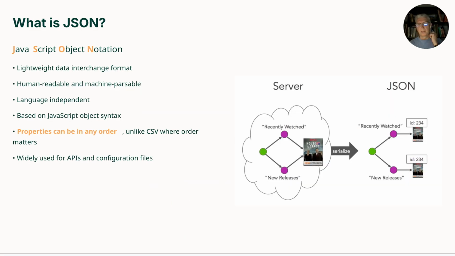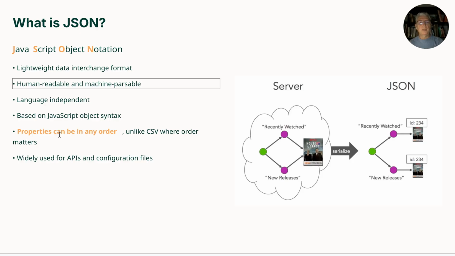You can find the definitions and more about this kind of diagram at the website json.org. Railroad diagrams used to be more common, but you still see them quite often on different sites. So what is JSON? We already covered that. It's JavaScript Object Notation, so it's an acronym. It's a lightweight data format used to exchange data between different computers, but also between computers and applications. The nice thing about JSON is it is human readable, but it's also very easy to read and process by computers. It's language independent, meaning that pretty much all modern programming languages can read, write and process JSON